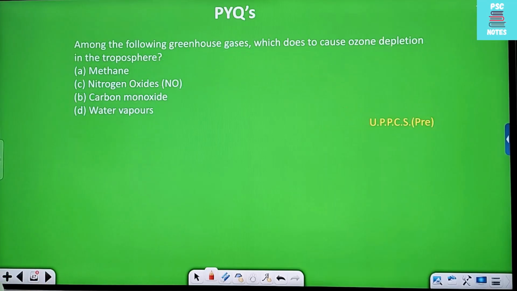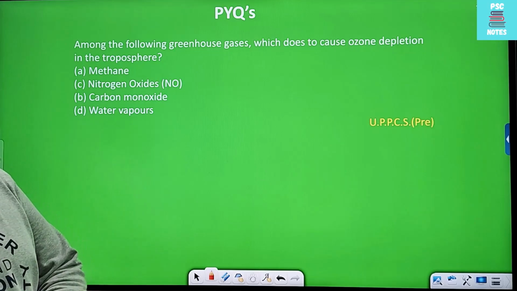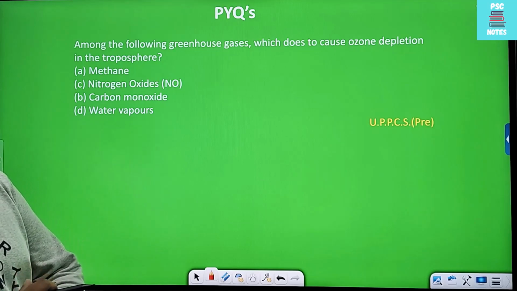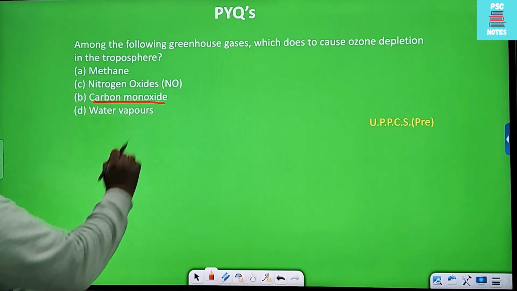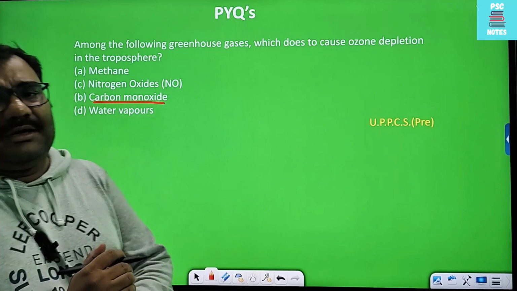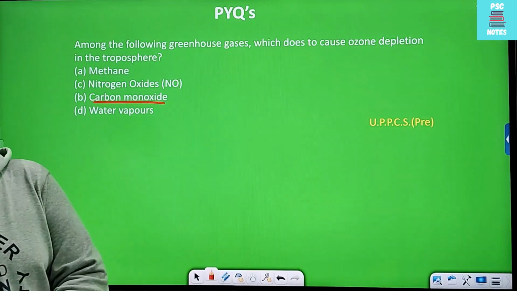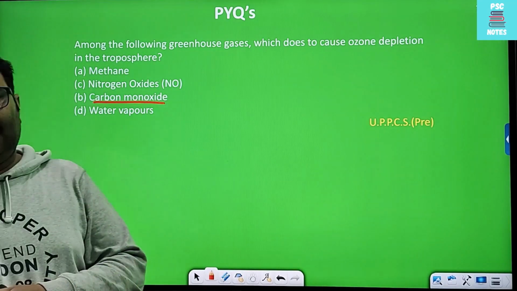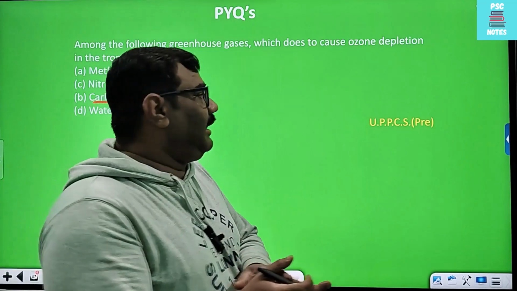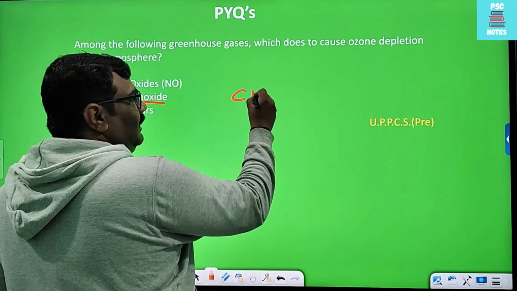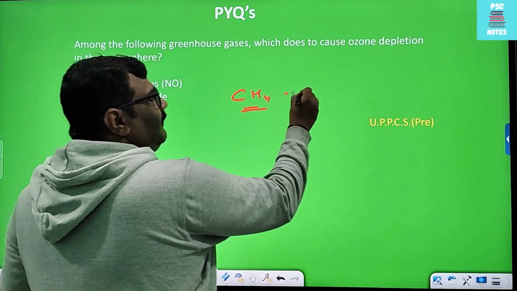Among the following greenhouse gas which does not cause ozone depletion in the troposphere. ठीक है? See, the answer is carbon monoxide does not directly contribute to ozone depletion, है ना? But we will see each and every topic. तो मीथेन है ना react readily with free radicals. तो मीथेन क्या होता है? It react with